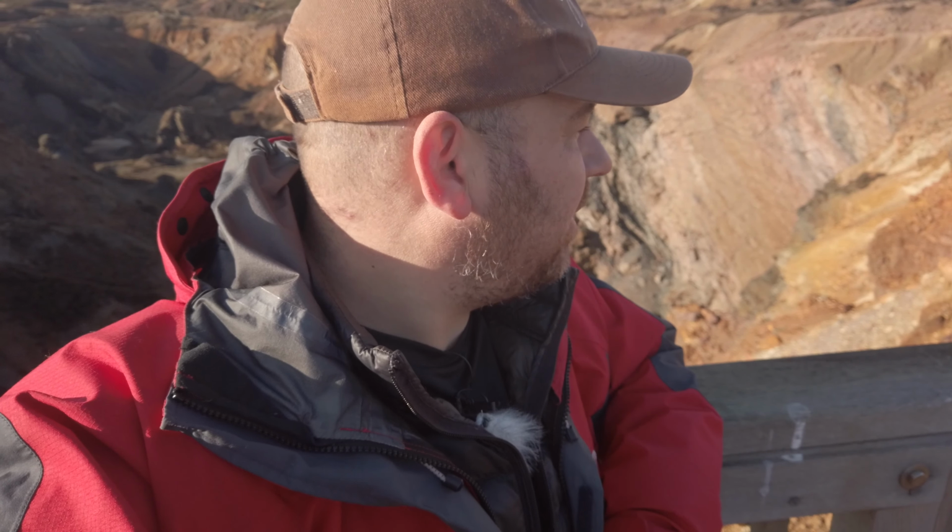So I guess one of the things I'd ask myself coming here is what's in it for a landscape photographer, which might sound like a daft question, because there's spectacular all around if your idea of spectacular is this almost wilderness left by the copper workings, and there's certainly not a lot growing here, not a lot of vegetation. There's a few scrappy plants, but for me, I struggle a little bit, because trying to capture the scale of it in an image is always going to be very difficult, and then if it's not scale, then